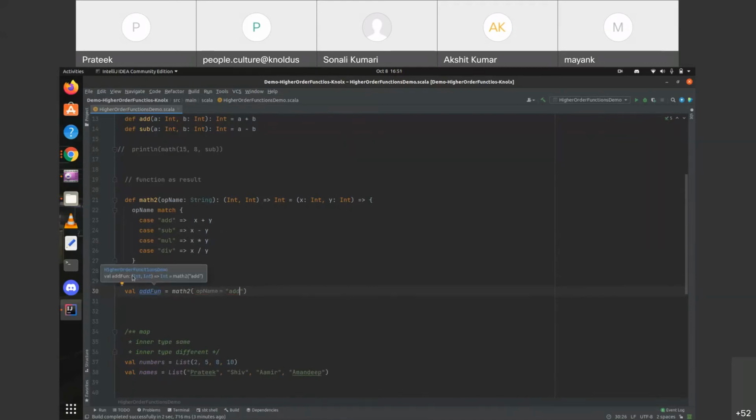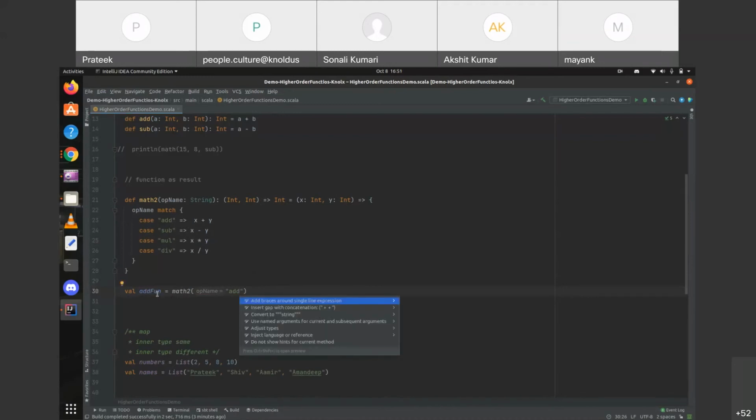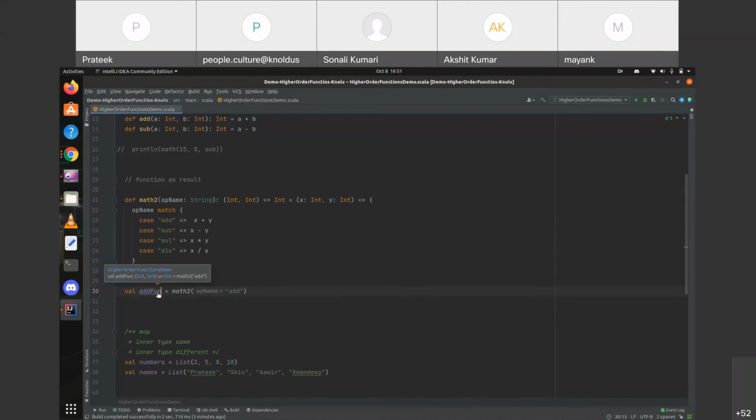See, it's returning us a function, that will take two parameters and will return us an integer.